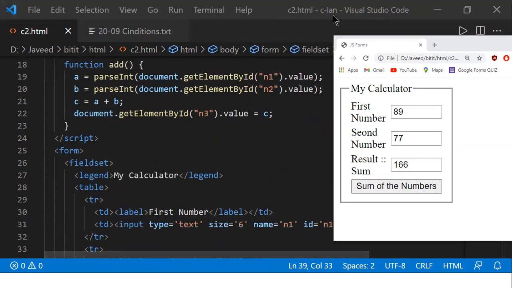Just a small size adjustment, nothing more. So first, here I'm just concentrating on this part. Here I'm writing name is equal to N1, and ID is also the same thing right now. This is the name that you are given as N1 for this particular control. So now I want to get that data.